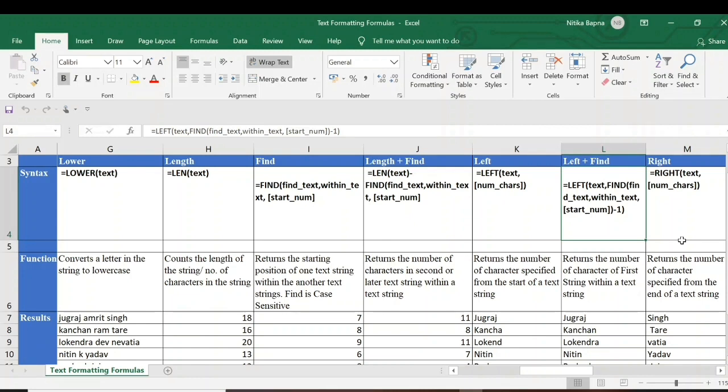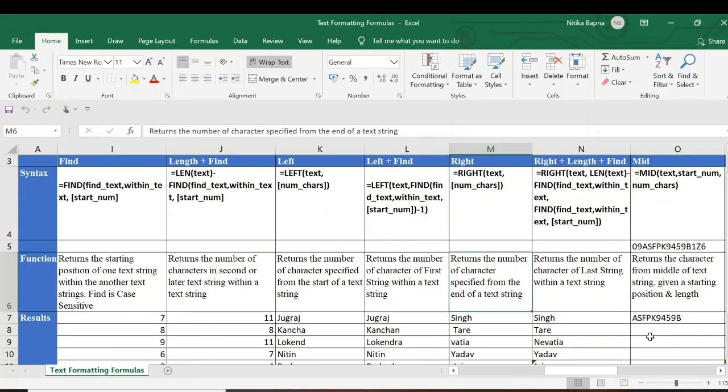Here I'm using FIND because at the first space, it will stop. If you remember, FIND gave 7, minus 1 gives 6, and 6 will exactly give me Jugraj without any space. Likewise for every name. Now you can see the difference also: Kanchan was missing here, but here it is giving the appropriate Kanchan.